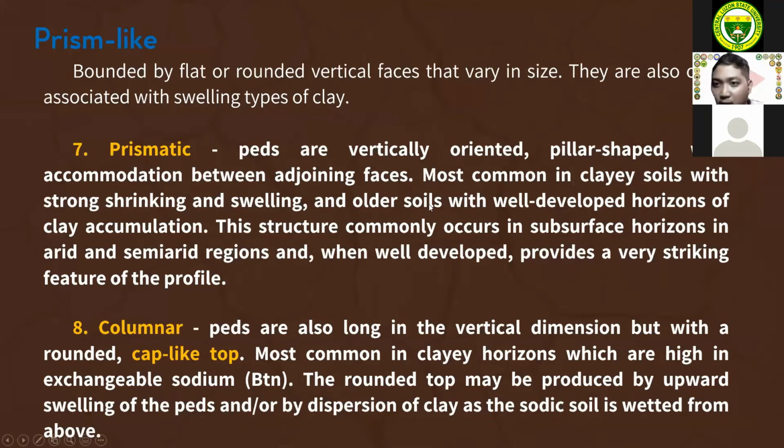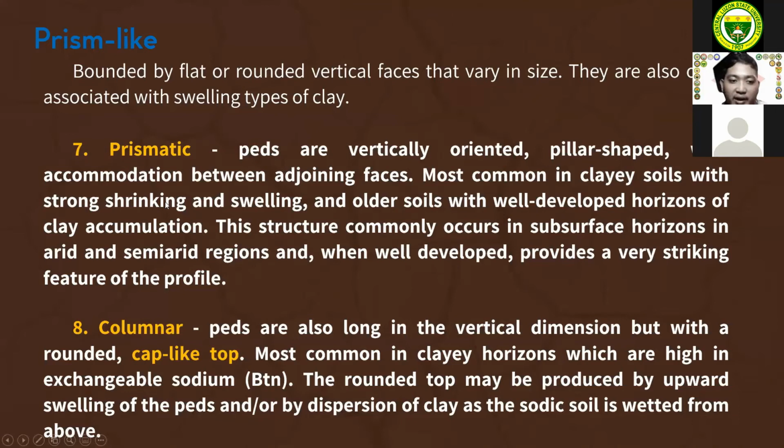So vertically, yun yung parang division nila. Medyo mahaba. What's the difference between prismatic and columnar is their tops. Okay, yung top part nila. So prismatic have what we call the flat tops. Okay, yung flat sila. Peds are vertically oriented, pillar-shaped, with accommodation between adjoining pieces, most commonly in clayey soils with